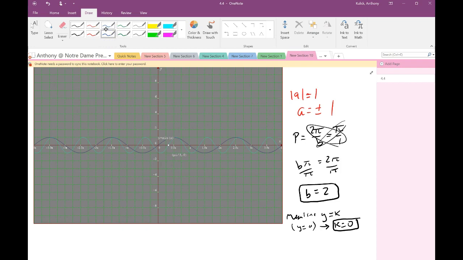I am always going to choose 0, 0 on the parent function, and notice that 0, 0 here starts with it going to a crest, and I'm going to map it to this other point that I know on the mean line, going to a crest. Now, could you have mapped it to some other point on the mean line, like any of these? Sure,